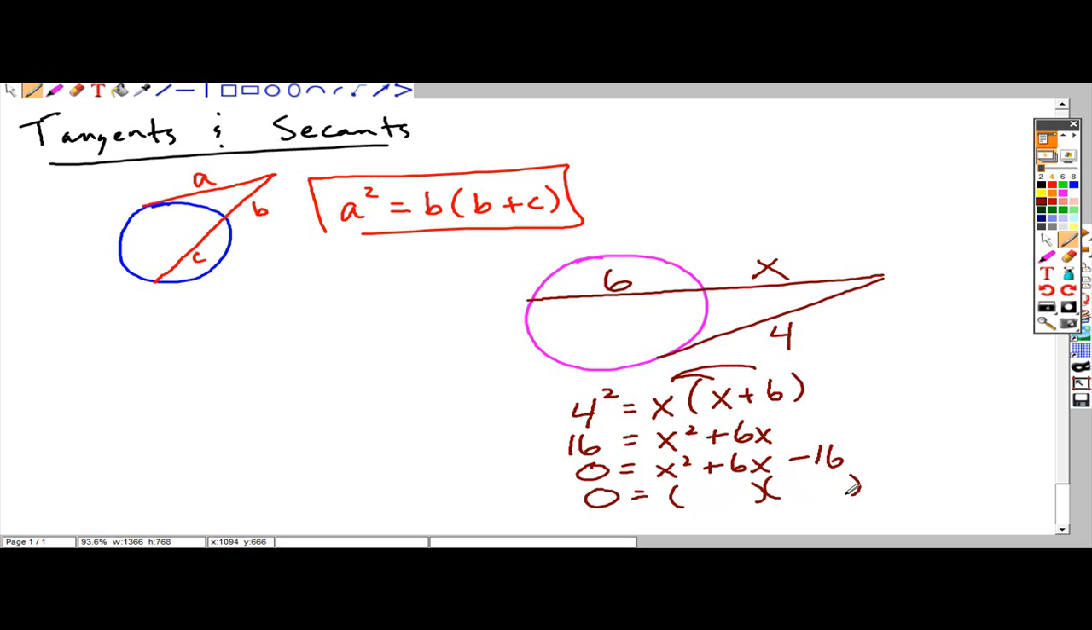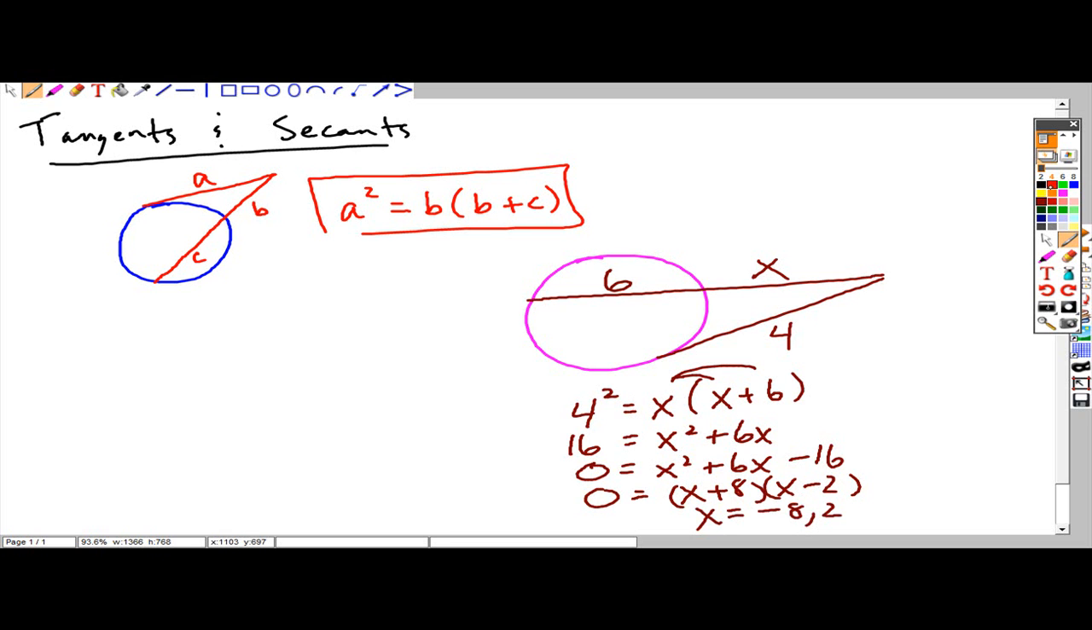So when you're finding binomial factors of this trinomial, your first terms will be x, your second terms have to have a product of negative 16 and a sum of positive 6. So positive 8 and a negative 2 would work for that. And when you set each of these factors equal to 0, you get two possible solutions, negative 8 and a